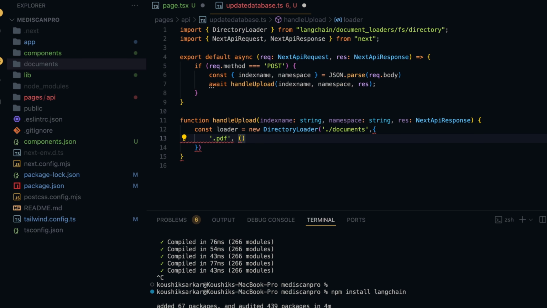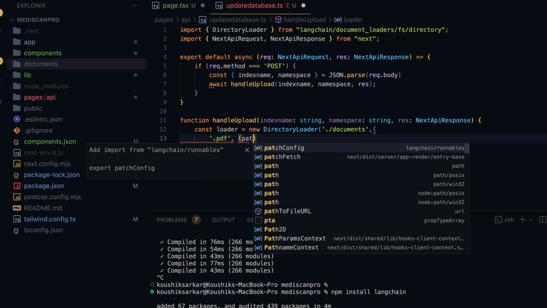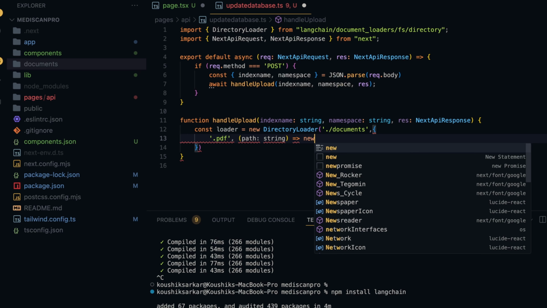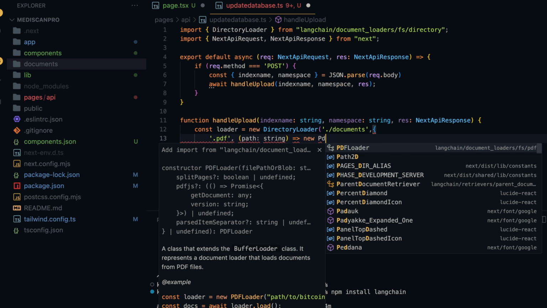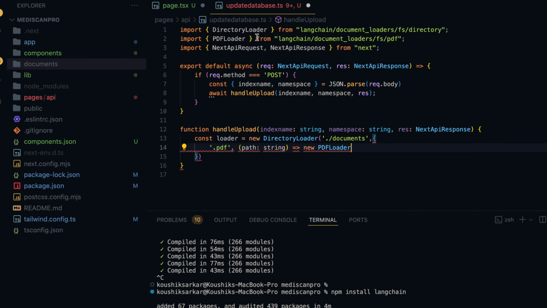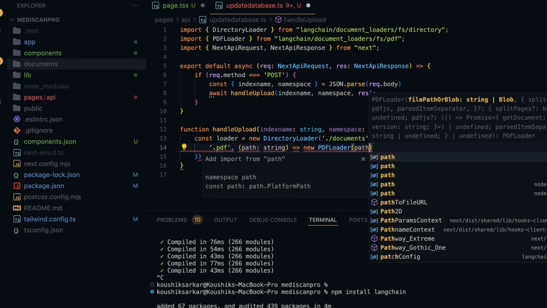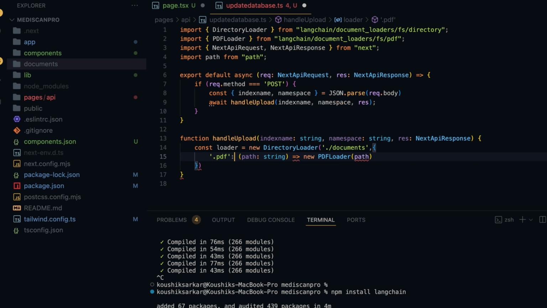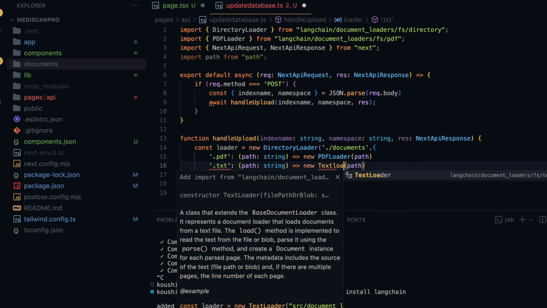So that is going to be an arrow function that takes a path as a string, and it should return a new loader. For PDF, we are going to use PDFLoader, and again that is going to be imported from LangChain document loaders, and it is going to just take the path. Actually, I should have placed a semicolon there because it's a key value pair. And I'm going to do the same thing for text loader. So for text, I'm going to write dot text, and it is going to be a TextLoader again